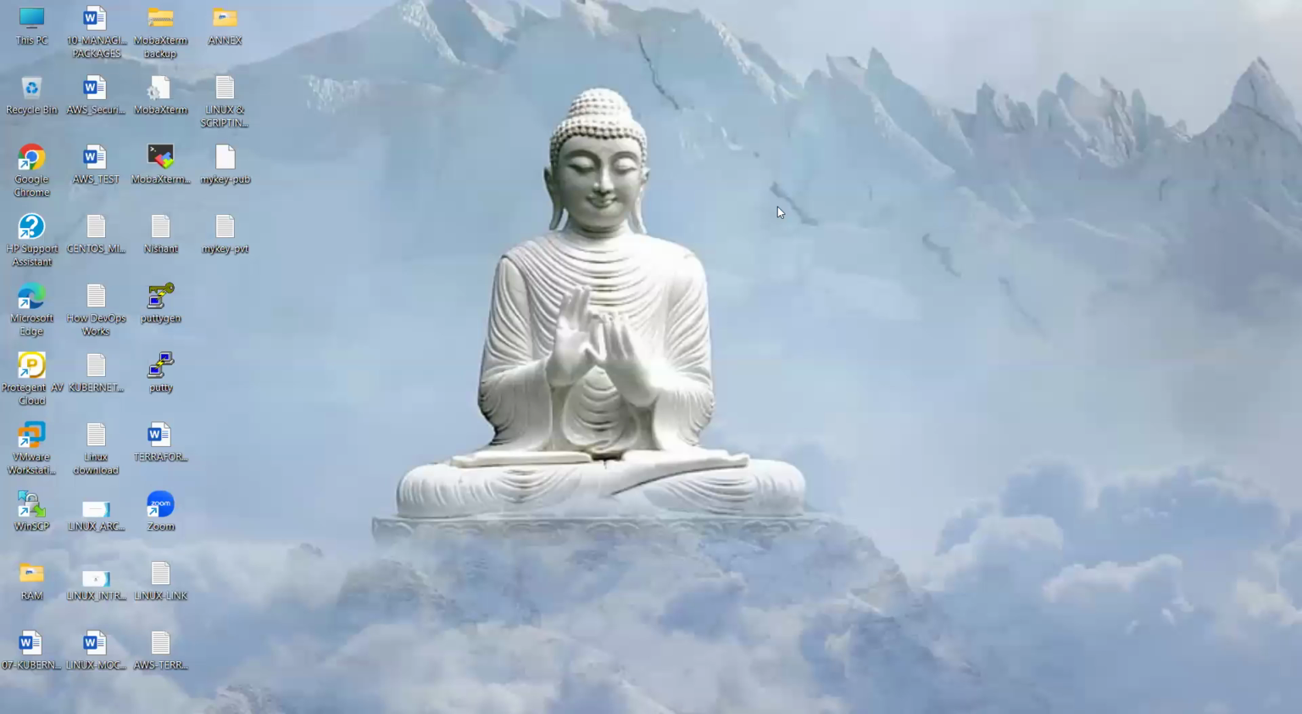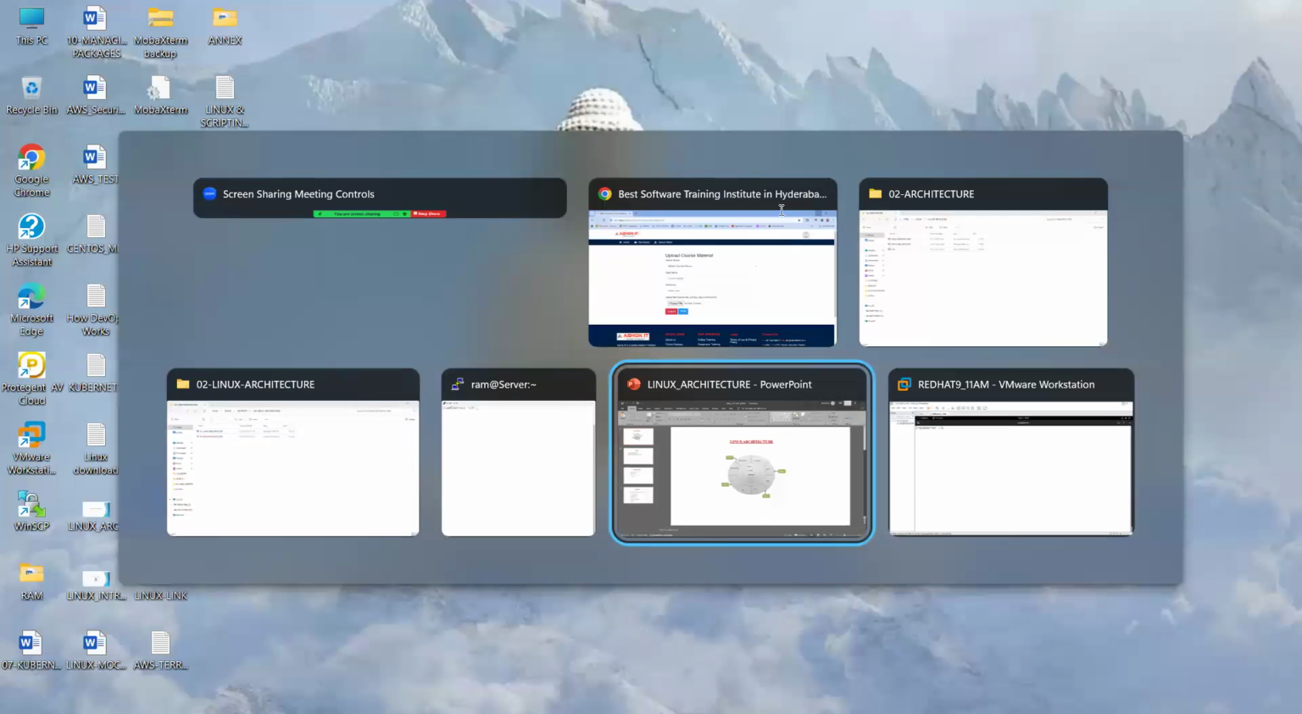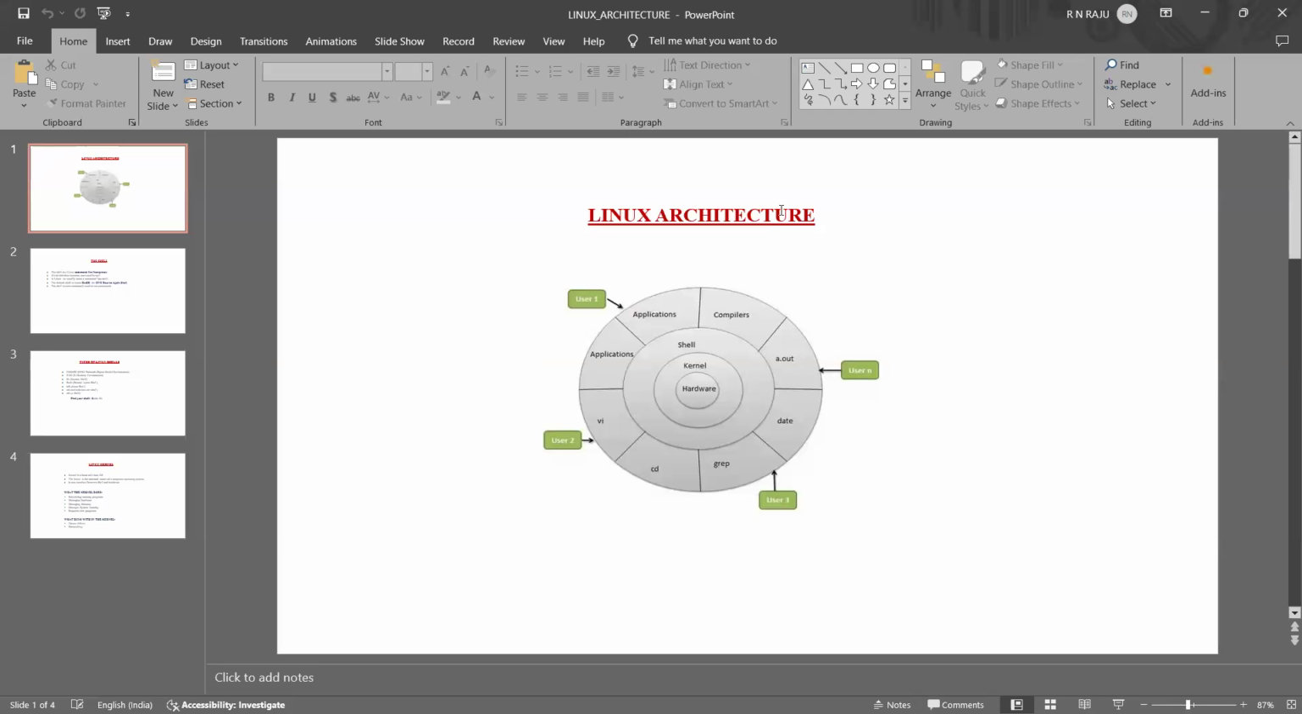So today we are going to discuss Linux architecture. So Linux architecture and file system hierarchy standard. These two concepts today I will explain. Okay. The first important thing in this Linux architecture,